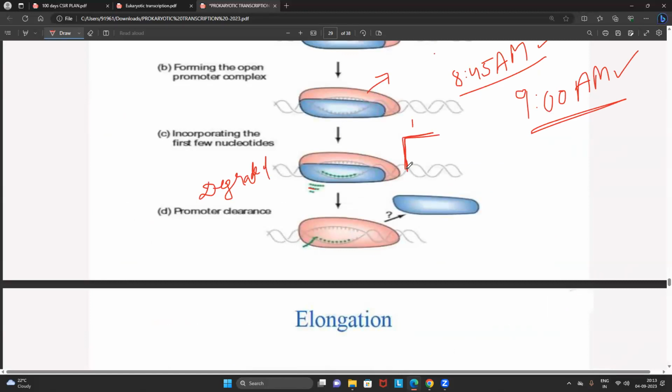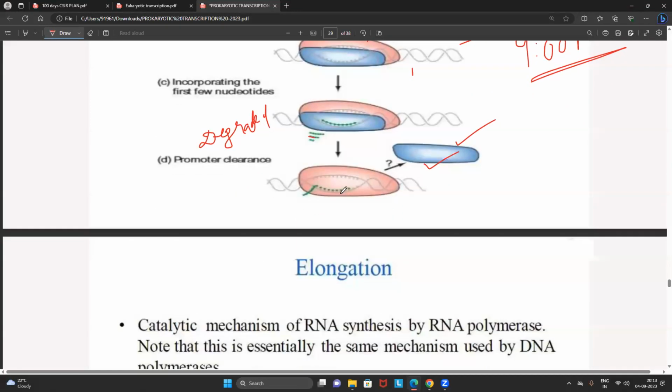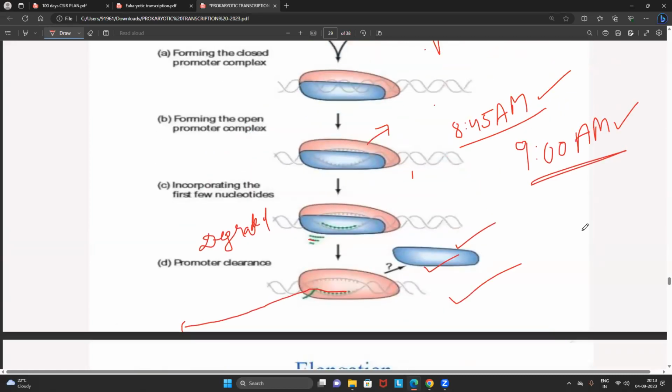So friends, all the students have to understand me: whenever the RNA polymerase enzyme has reached the INR, immediately what happens? Look into the point. The sigma factor gets dissociated. You can see that. The moment the RNA polymerase enzyme reaches it, the sigma factor gets dissociated. Remember my words. Once the sigma factor gets dissociated, the RNA polymerase enzyme continuously synthesizes the RNA. This is the process of initiation.